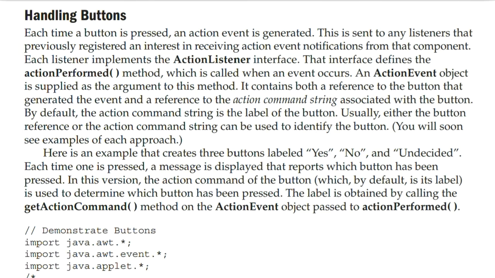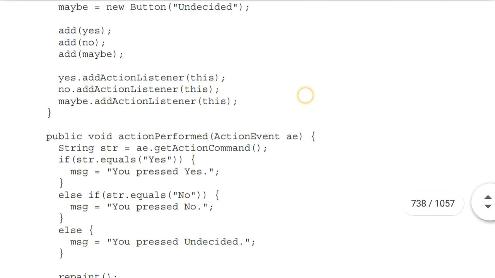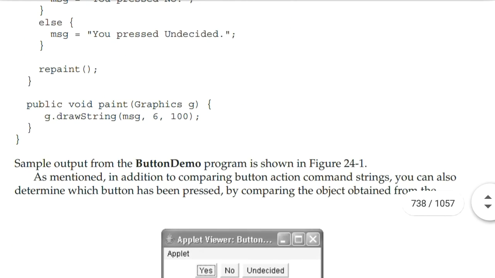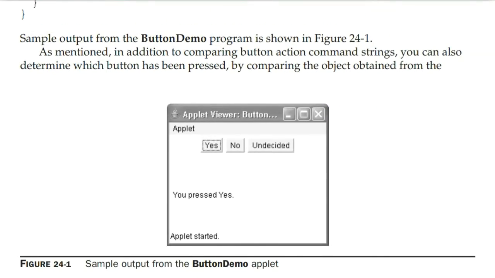The label is obtained by calling the getActionCommand method on the ActionEvent object passed to the actionPerformed method. Sample output from the ButtonDemo program is shown in the figure.